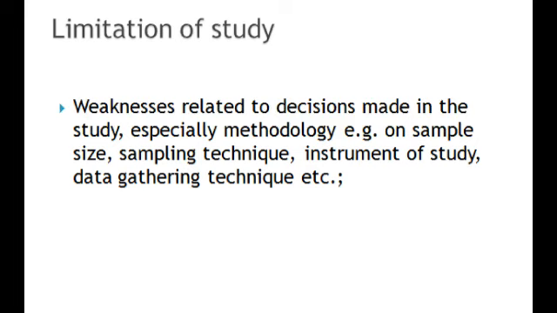Maybe it's in terms of the sampling technique you adopted. Probably you use the purposive sampling technique, but you think that systematic sampling technique could even be better for the study. You have to look for aspects of the methodology that you think constitute weak link to the study, and then point them out as limitations of your research work.